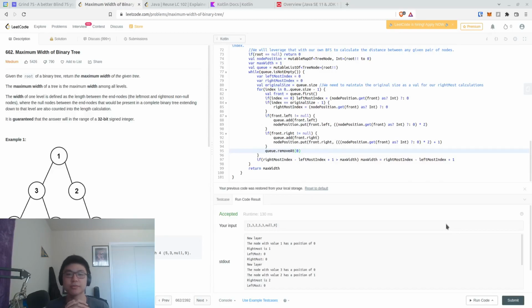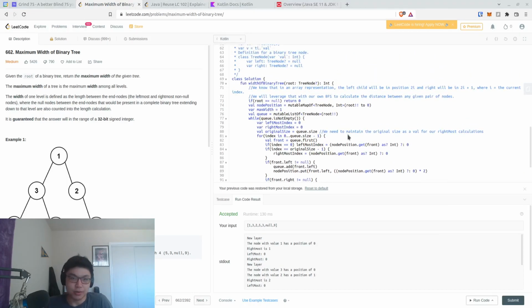Alright, so turns out it was BFS. I was right the first time, and I probably should have dug a little bit deeper into whether or not I could have further optimized the BFS to not include nulls, because the number of nulls was just absurd, right? Anyways, so the true solution involves a little bit of thinking about how we represent binary trees in an array